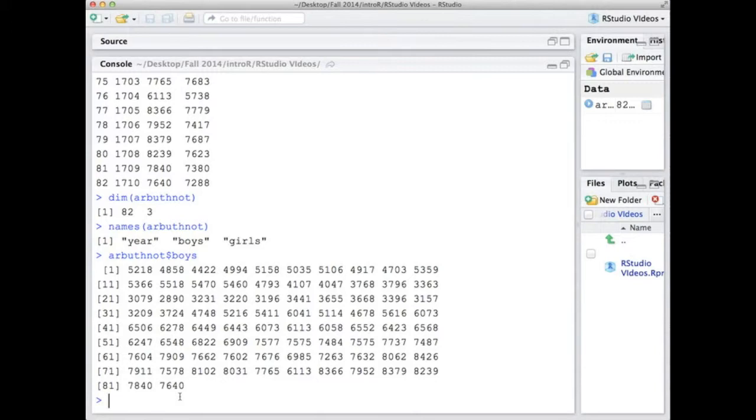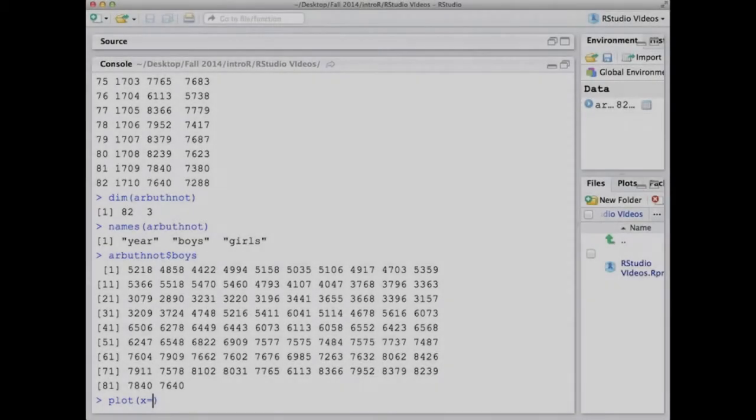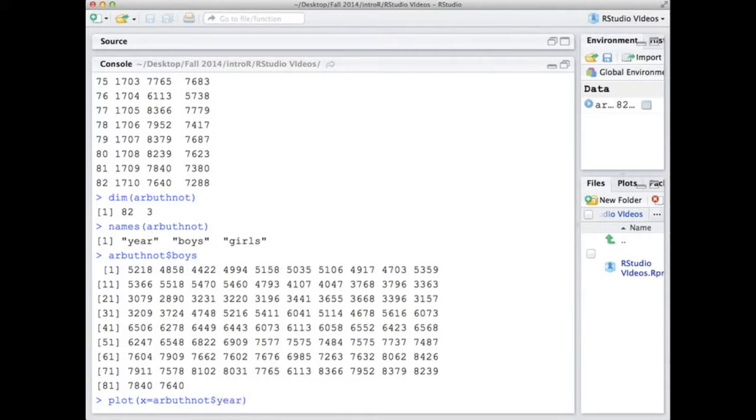So our first function that we're going to try in this video is simply to plot the number of years and the number of boys as a function of those years. So plot, parentheses, is the function we're going to use. We're actually going to plot the amount of girls as a function of years. So we're going to type plot, parentheses, x equals Arbuthnot$year for our x variable. Then we're going to do comma, y equals Arbuthnot